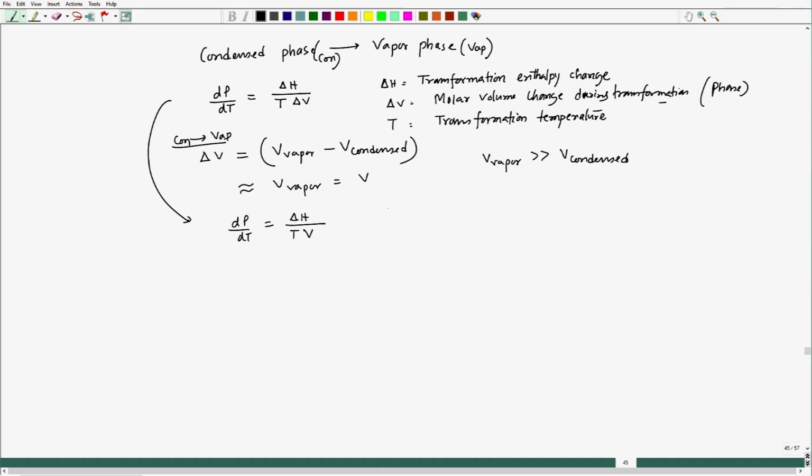Interestingly, let me consider that this vapor phase is an ideal gas. Let us assume that, this is an assumption. If we have considered 1 mole, then PV equals RT, so V becomes RT by P. Then this equation would become